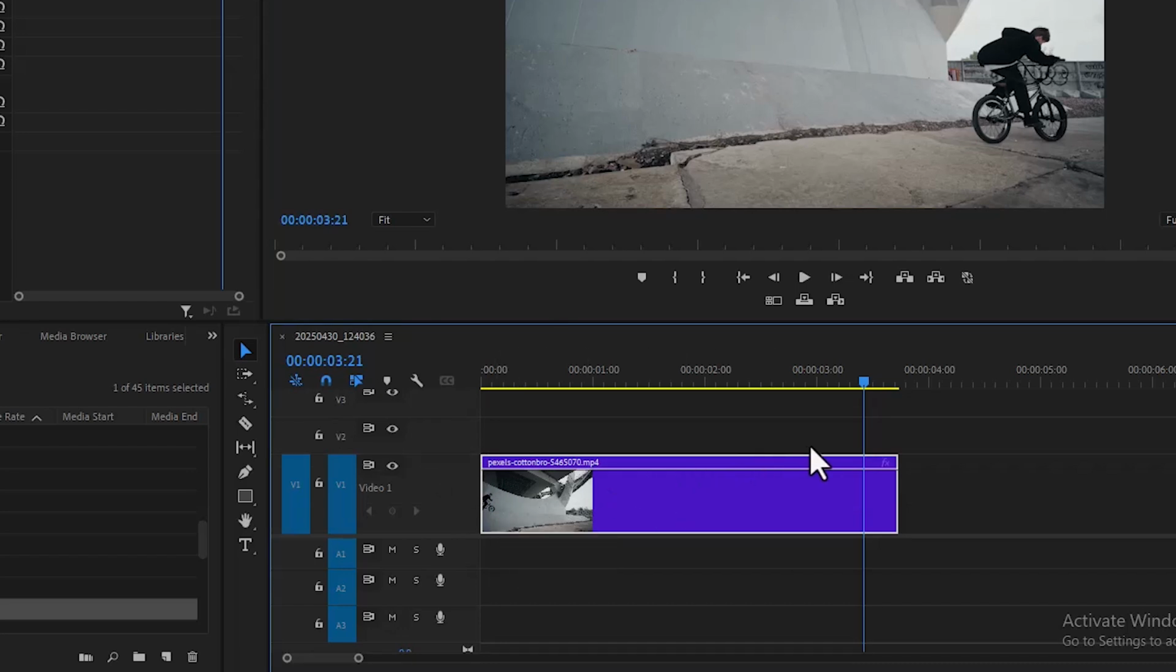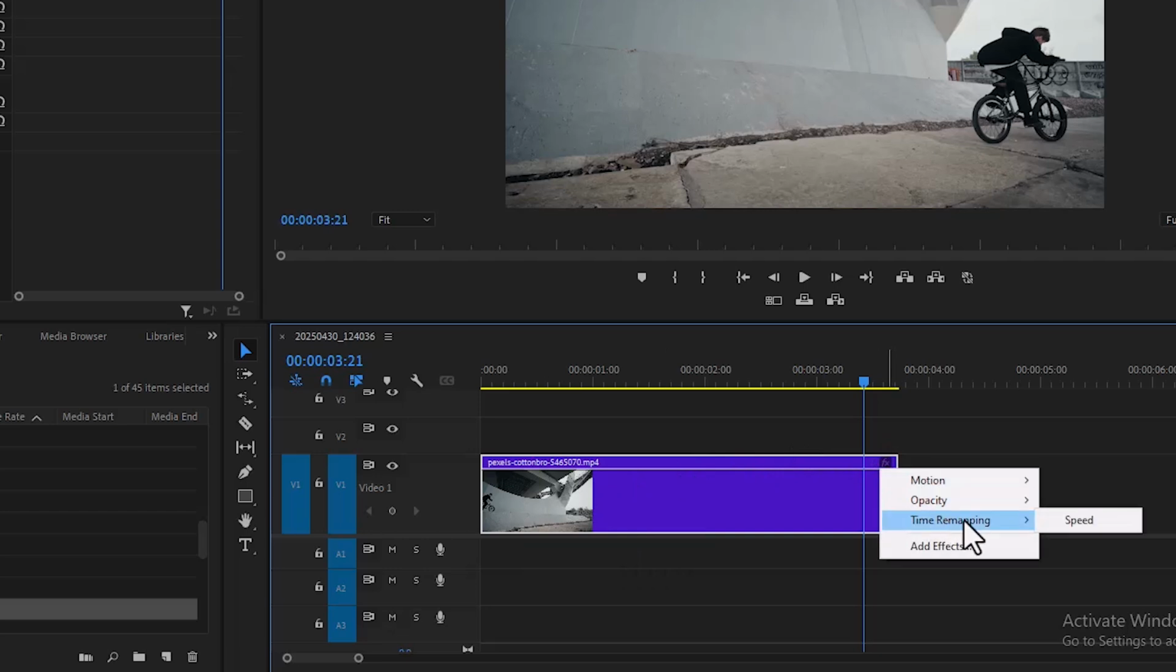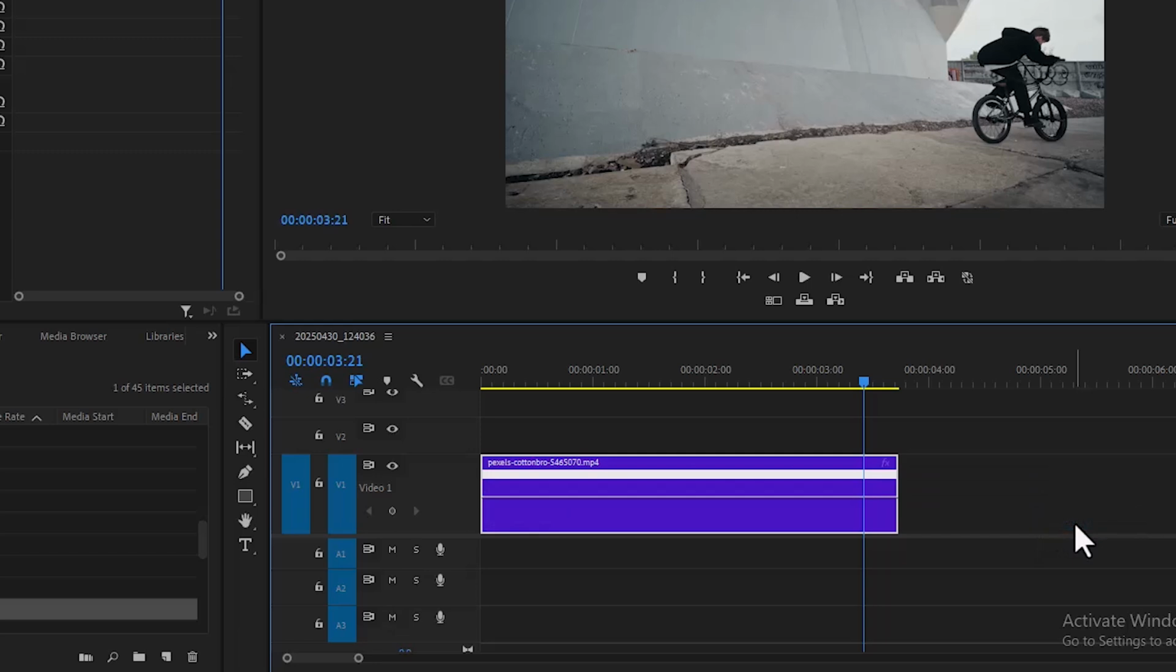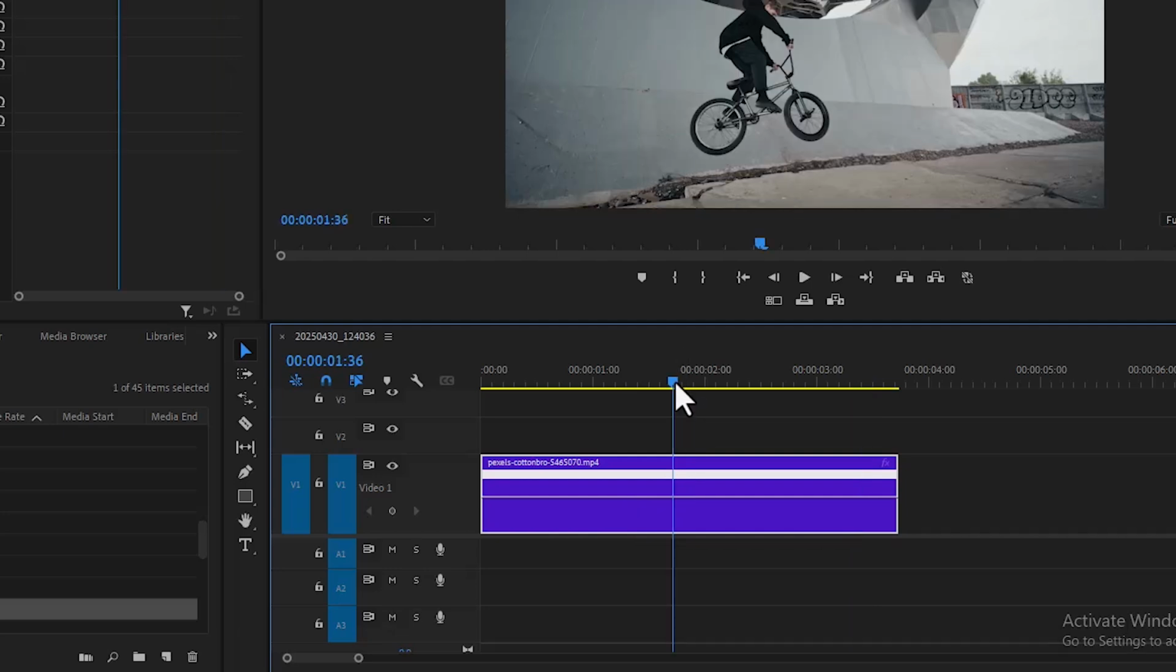Next, come over to the right section or the left section and you will see this FX button. Right click on it, scroll down to time remapping and select speed. And now you can see this line. This line signifies the speed of your clip. Move your player to the middle, hold down Ctrl and select anywhere in this line to activate the line divider